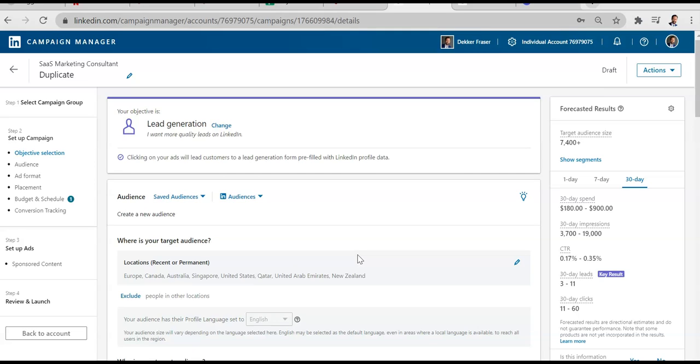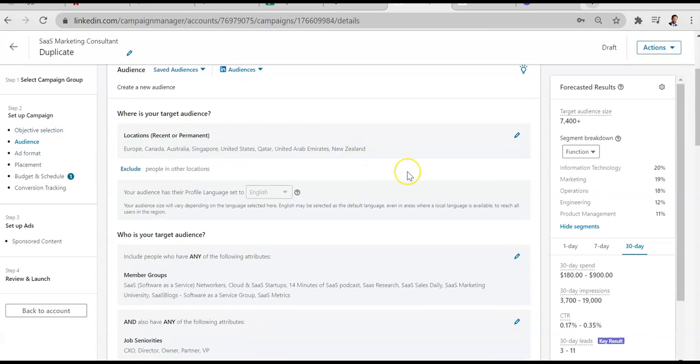You don't have enough time to see, okay, what was the impact on customer lifetime value from that test? You're probably not going to be looking at customer lifetime value. You're going to be looking at earlier indicators like click-through rate, leads generated, because that's just the stage that you're at at that point. So what I did here was I just created a duplicate of the campaign, and what I'm going to go in and do is just change the audience.